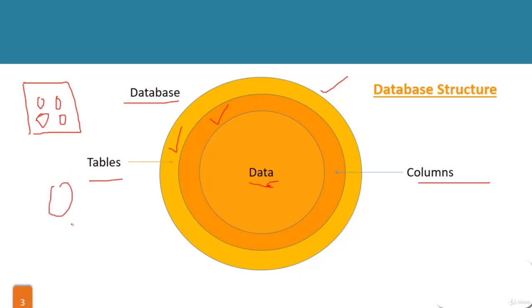Basically, if an attacker tries to attack a database, he actually needs the data, right? So to gather data, you need to go step by step inside that database. First of all, find out information about the database name, then gather information about the table names, then gather information about the column names, and then you can find out the data inside that, right? So this is the kind of database structure we are going to use in the videos.